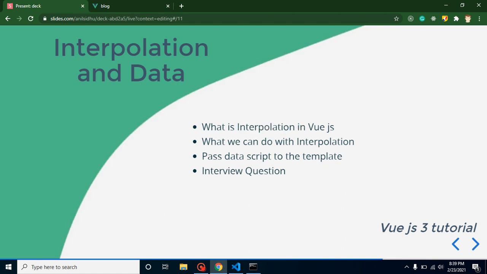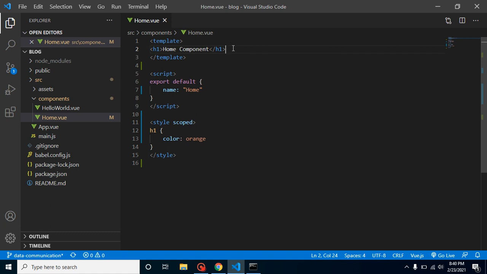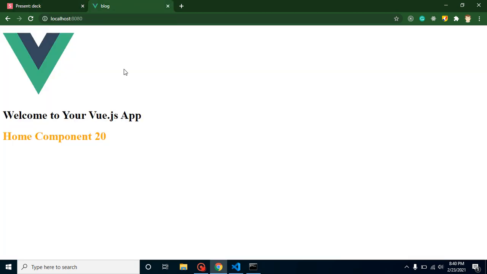So our first question is, what is interpolation? Interpolation helps us write JavaScript code inside the template part, or in HTML. Let's say you want to use some JavaScript method, variable, or function inside this HTML part. How can you do it? You can do it with interpolation, using double curly braces like this. Let's say you want to use the plus operation here, addition. You can simply write 10 plus 10, and here is the output of this code, 20.